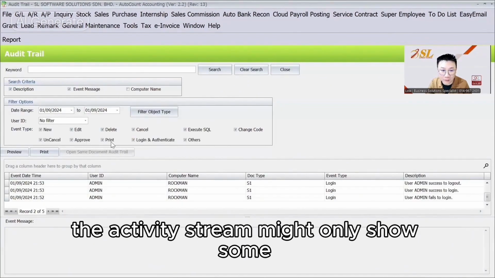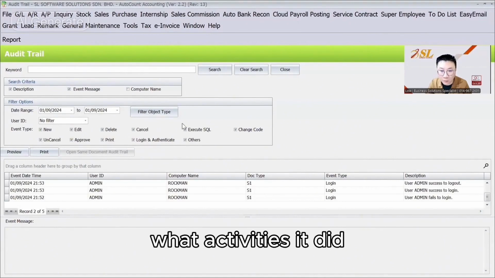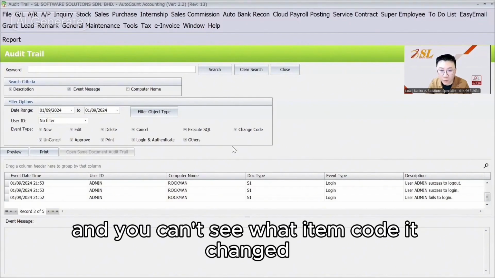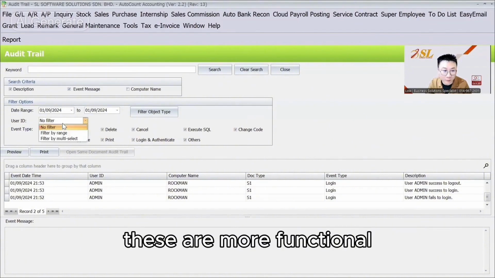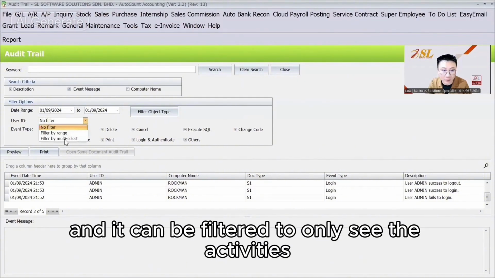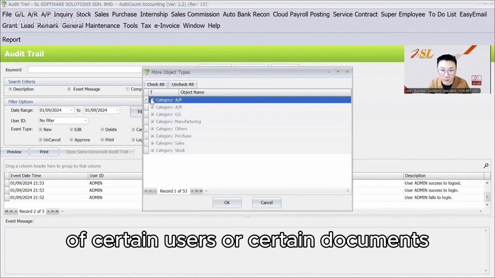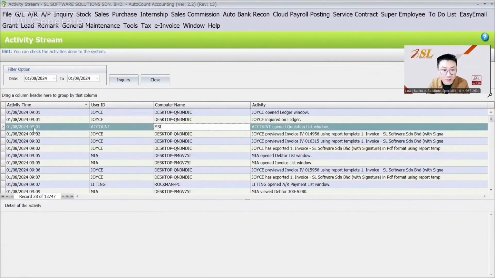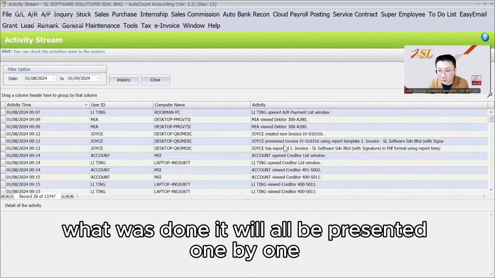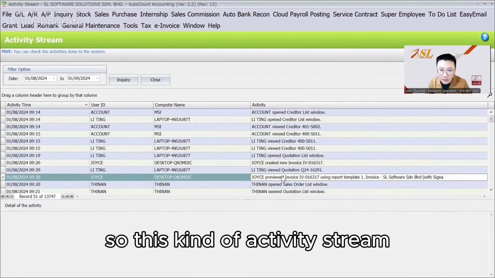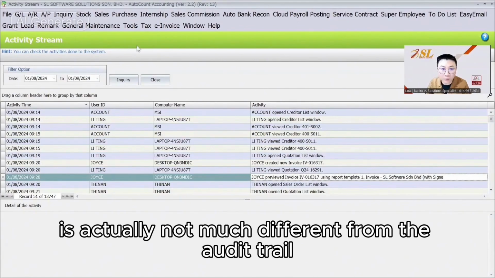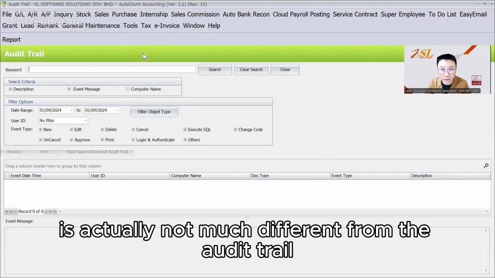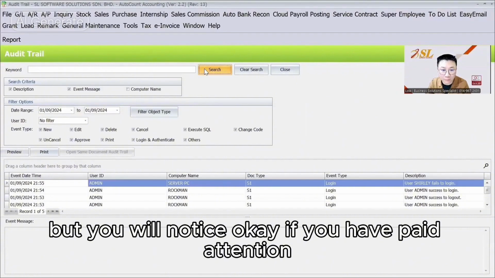The activity stream might only show some preview things, what activities it did, and you can't see what item code it changed. These are more functional, and it can be filtered to only see the activities of certain users or certain documents. Only the audit trail has all these functions. What time, what was done, it will all be presented one by one. So this kind of activity stream is actually not much different from the audit trail, but you will notice, if you have paid attention,